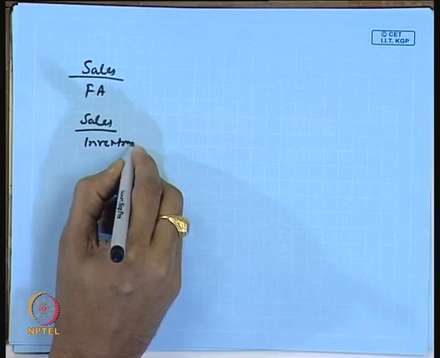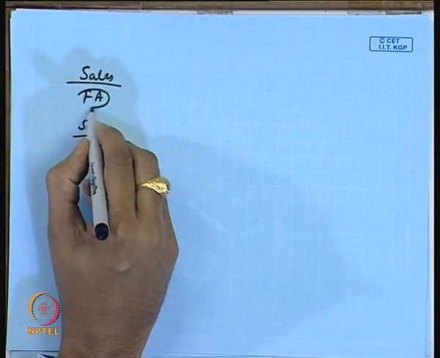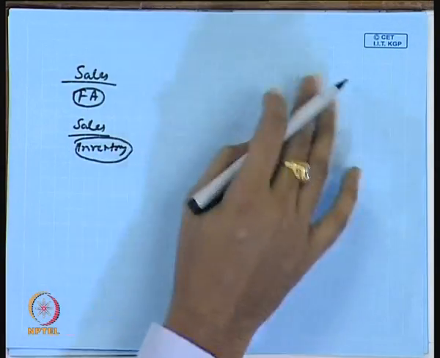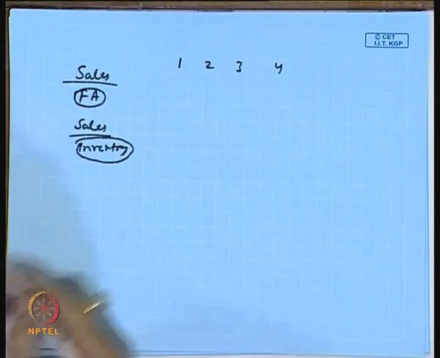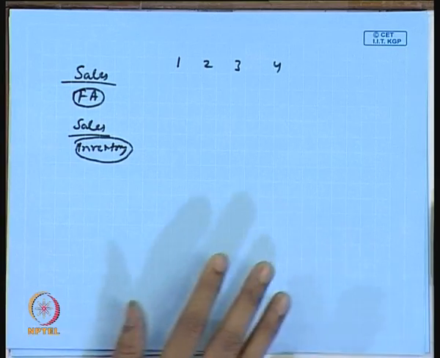So, that talks about how efficiently this particular inventory has been utilized, how efficiently the fixed assets have been utilized by this company, and what the trend in this ratio is over a period of time, from year 1, 2, 3 like that. So, if the ratio is increasing, obviously it is good, because the company is efficiently utilizing the resources of the company as such.